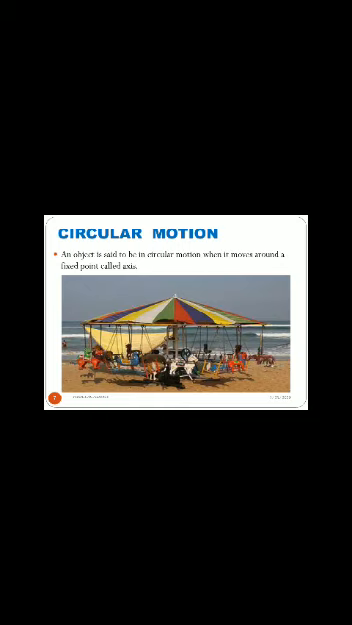Circular motion. You can see the beautiful picture here. What can you observe here? All the boys and girls riding on